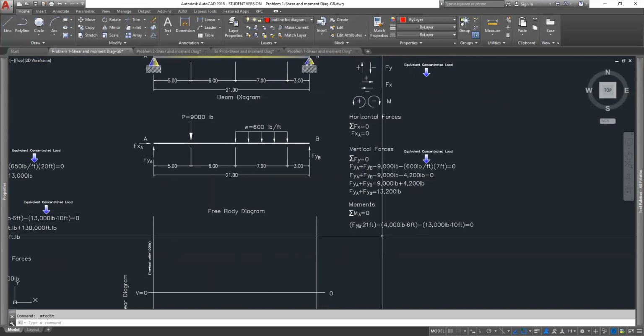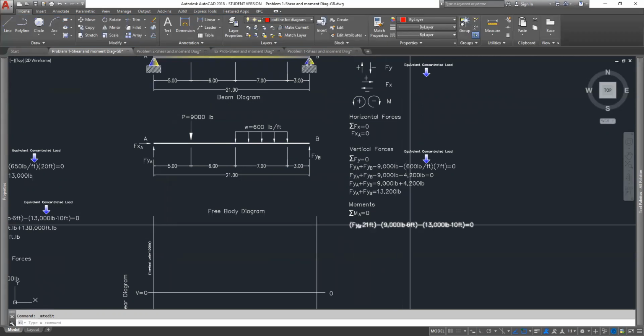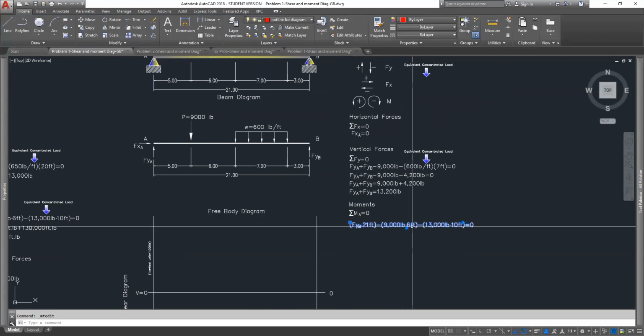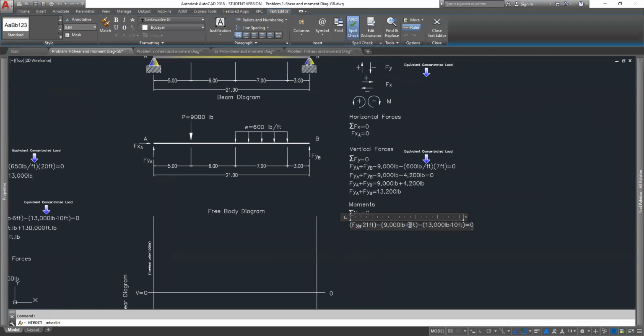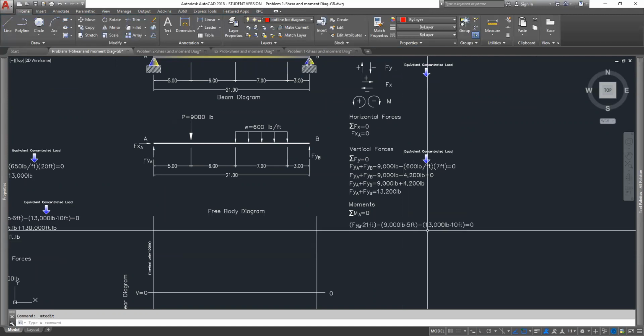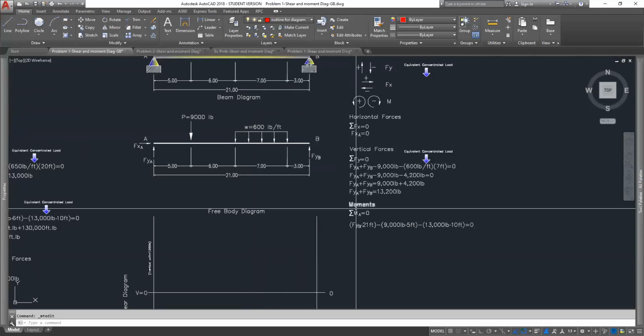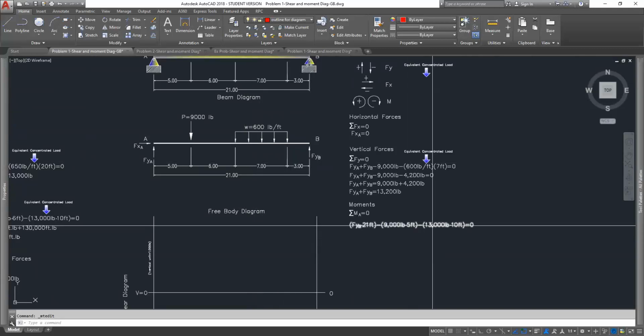Then we have a 9,000 pound force coming down a distance of 5 feet. Now you guys should be able to interpolate this into problem number 1 without any problem. And then we have another negative force, which in this case is 600 pounds times 7, which is going to be,